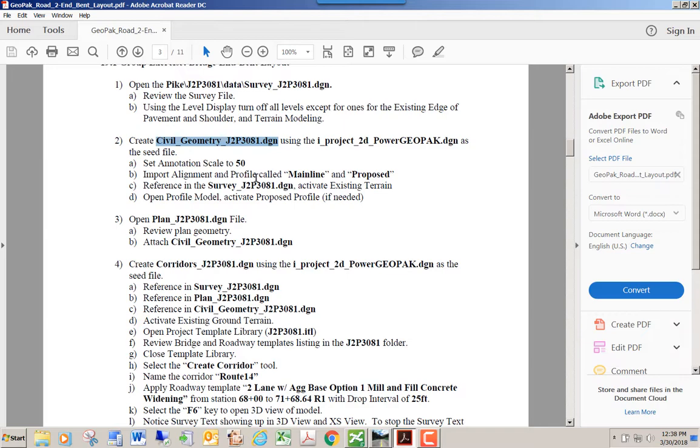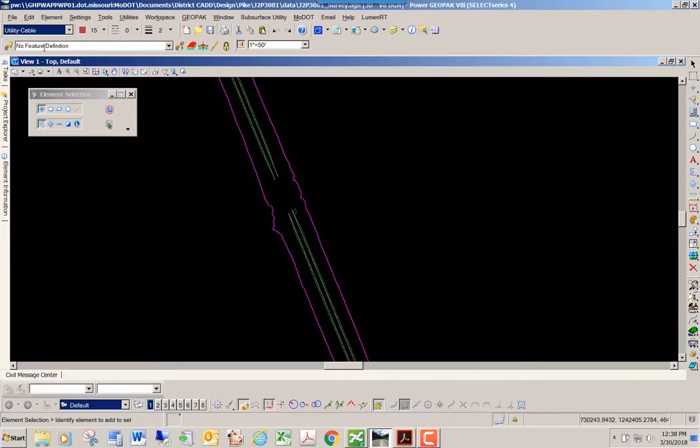And then we're going to reference in the survey file and make sure the active terrain is set or turned on. Once that's turned on, we're going to open up the profile model and then look at our proposed profiles, and if we need to, we're going to set the proposed profile as active. Okay, so let's do a file new,